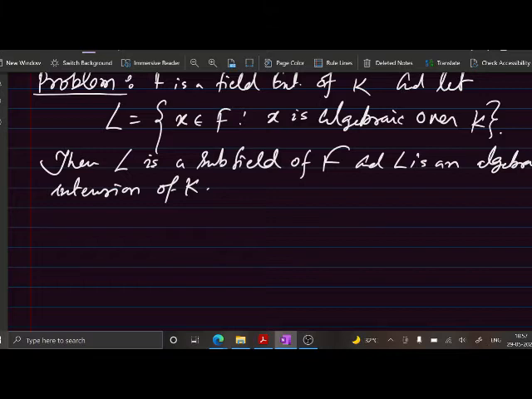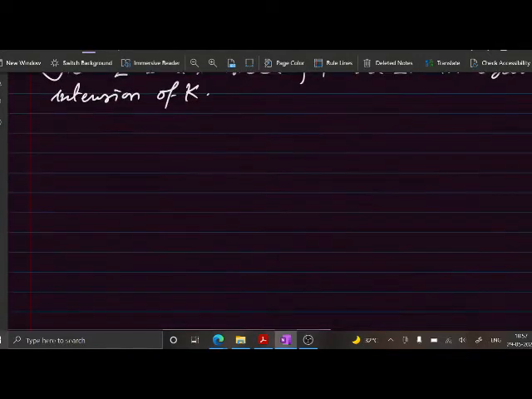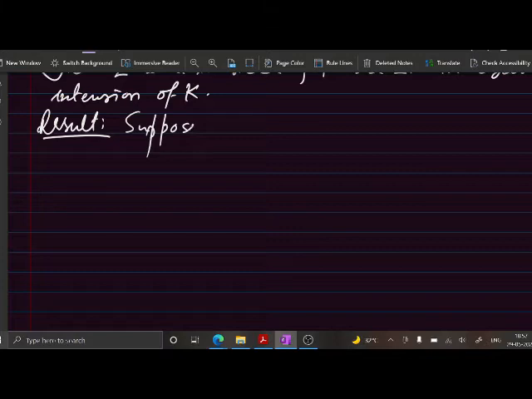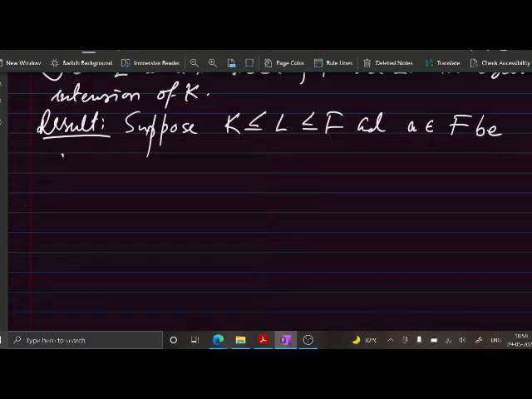You can prove this theorem by using the result that we have proved in the previous class, and also you can have a look at this result: suppose you take 3 fields, K, L and F. These are 3 fields where F is an extension of L, L is an extension of K, and if you take an element a from F, and suppose that this a be algebraic over K,